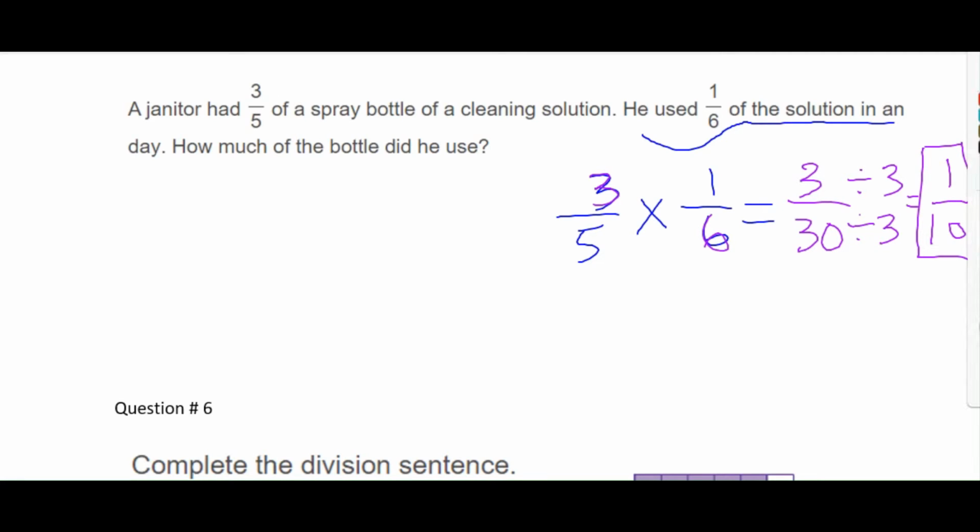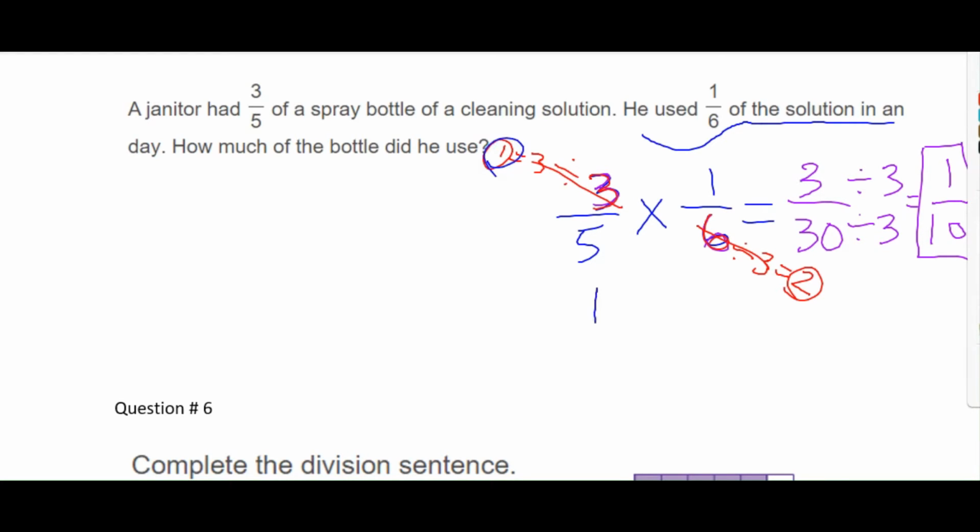Now you could have also cross-simplified. So I noticed that 3 and 6 are both divisible by 3. So if I take this 6, which is my denominator, and divide it by 3, I can change this number to a 2. And since I divided one of my denominators by 3, I need to divide one of my numerators by 3, which is obviously this one. 3 divided by 3 is 1. So my new number is going to be a 1 instead of a 3. So if I were to rewrite this, I would have